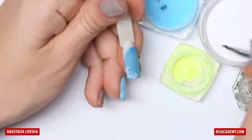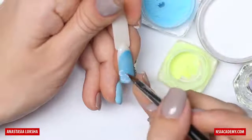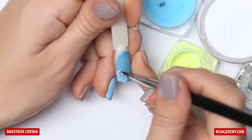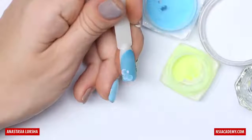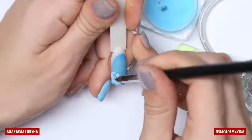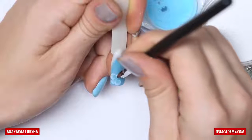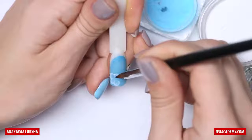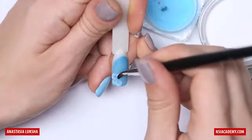Another medium-sized bead. If you see that your bead is too large for this flower, you can simply cut some part off on the napkin that you're using. Or if you see that the bead is too small, you can simply take it off and work with another one. So once again, from the center to the sides, I'm pressing the flower,